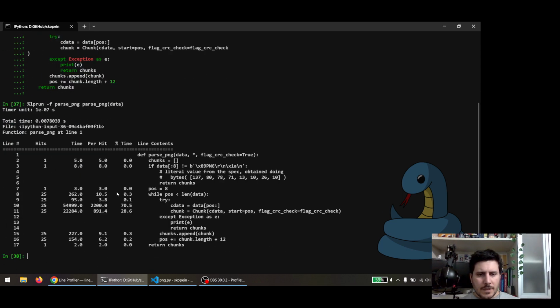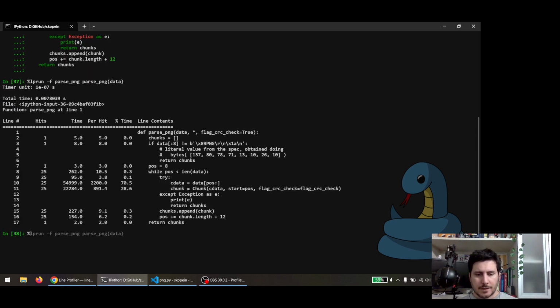So before that, we had that 99% of the time was being spent on chunk instantiation, but actually 70% of the time was being spent copying things around, right? When I do data and open brackets and slice the data buffer, the data bytes object, I'm actually creating a copy. And that's really bad. You can see there that it's taking 70% of the time,